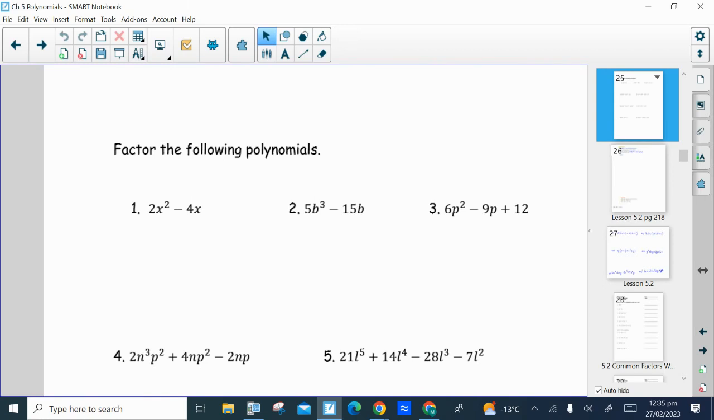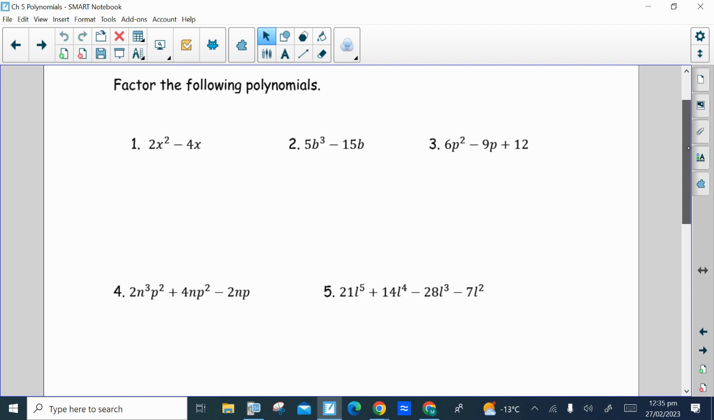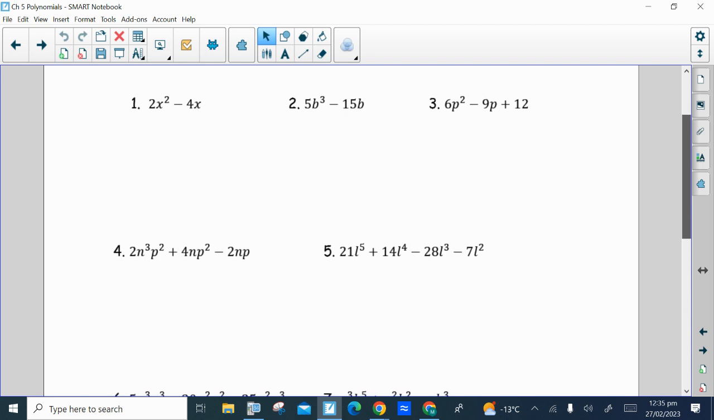So we're going to continue looking at factoring polynomials by looking for a common factor. Remember, the common factor is the largest term or largest expression that will divide evenly into all of the terms. And we saw that we could do this by taking each term and breaking it down to a product of its prime factors. For example, 2x squared could be broken down. We could break that down to 2 times x